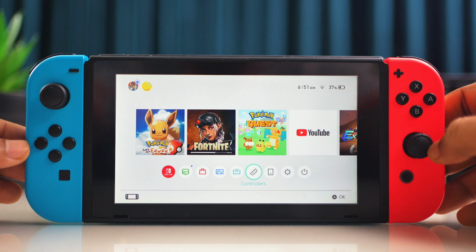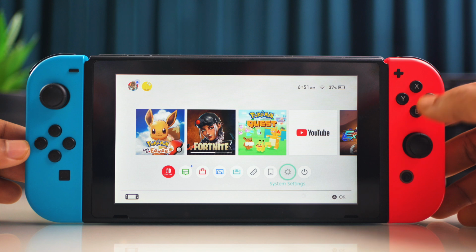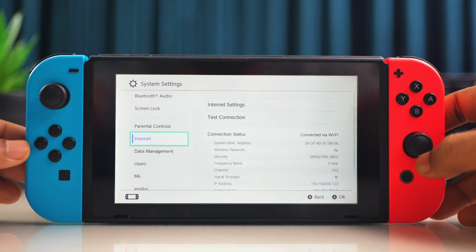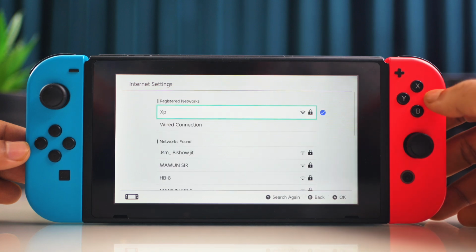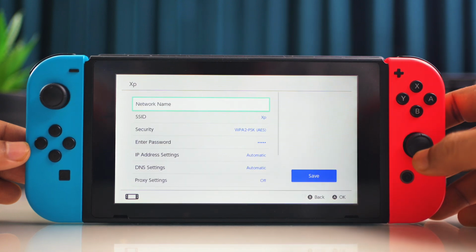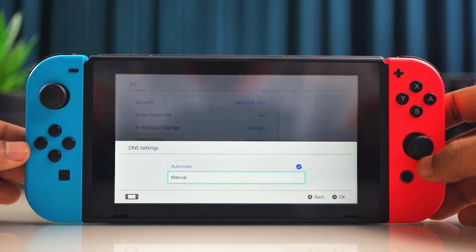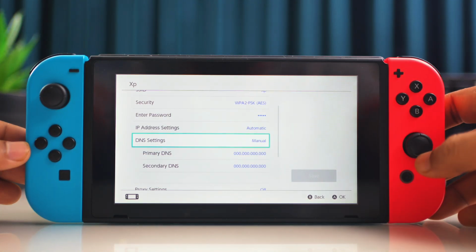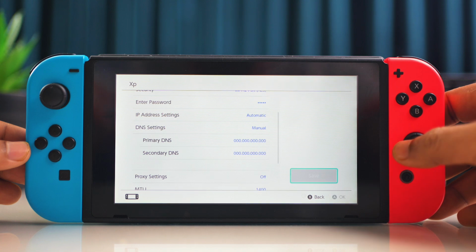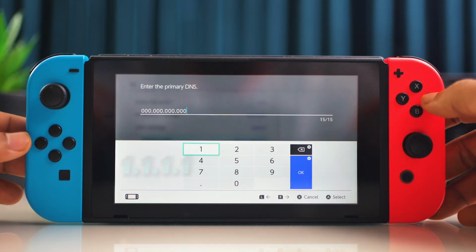Change your DNS. Go back to System Settings, scroll down to Internet, then tap on Internet Settings. Select and open your Wi-Fi network. Now choose Change Settings. Scroll down to DNS Settings and set this to Manual. Tap on the primary DNS section. Then enter the DNS